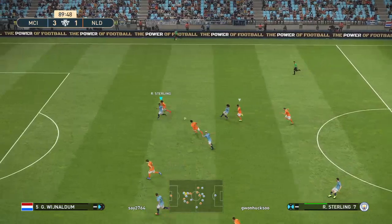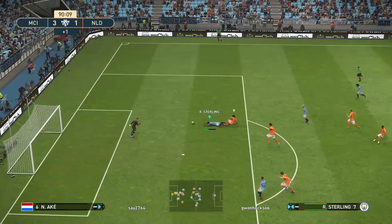Sane takes control of it, and he's on the move. He's been sided down. Is that a penalty? The referee's decided that he was...